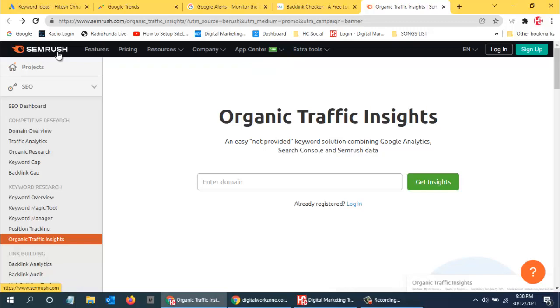If you want to try the features, you can try $119 for 1 month. You can get all the suggestions and get your website cleared. But you can do that when you have a vacation. If you are very busy and you spend $119 for 1 month, and at the end of the month you realize that the amount is lost because you did not get time to work on your website, that's a waste. So when you have a holiday, you have enough time to work on your website. When you take a paid membership, always make sure that you have ample time to use that tool to the fullest and implement all the things on your website. Then that month is okay.